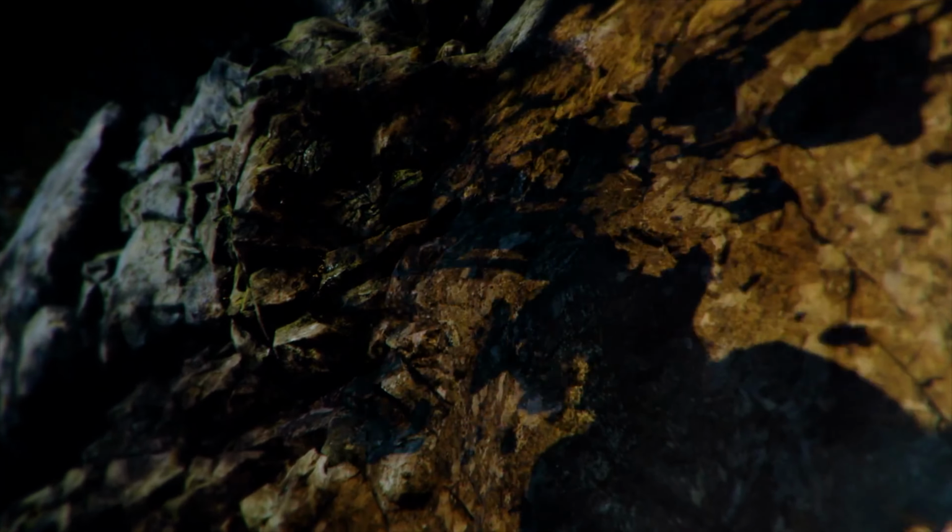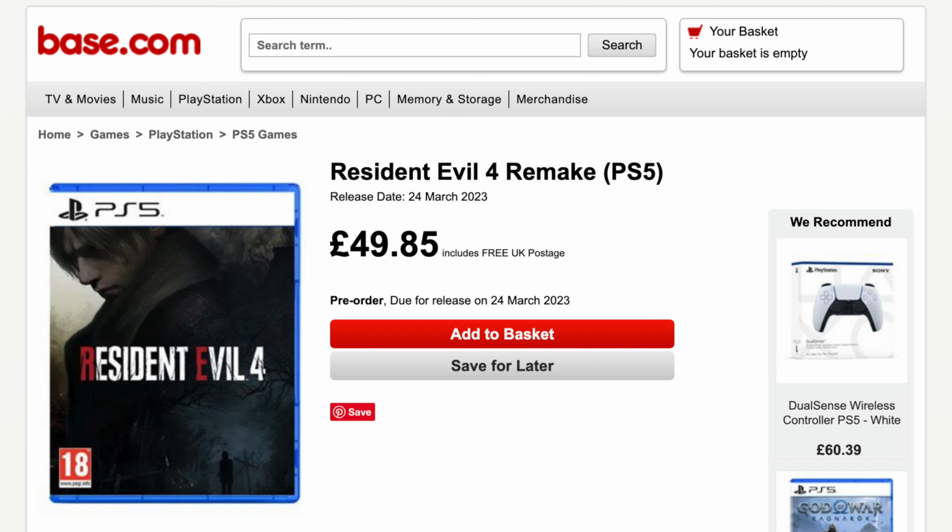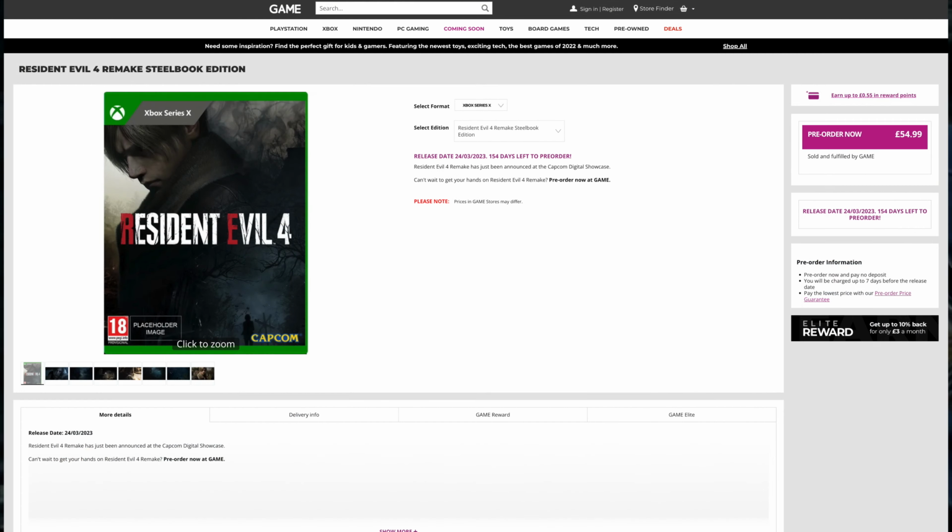Now, first up, we've got the standard edition, which is retailed at around £54.99 over here in the UK, both physically and digitally. The cheapest that I have come across this version physically is over on the base.com website, which is currently listing the game at £49.99. Now, do bear in mind, if you do grab the physical edition from the game's website, it seems to come with a steelbook version, so it might be worth the extra £5 for those who do love a steelbook